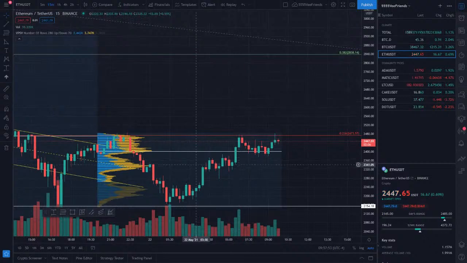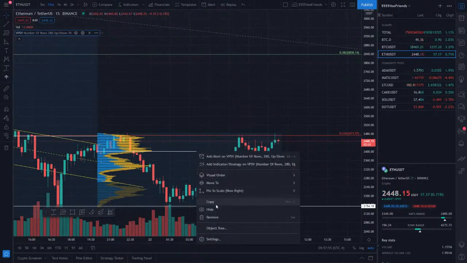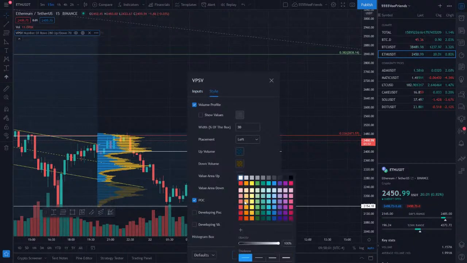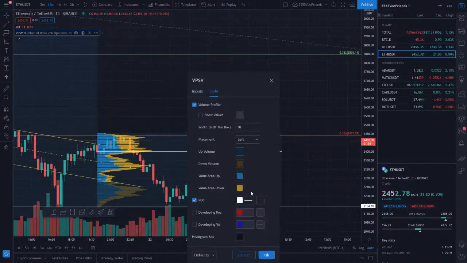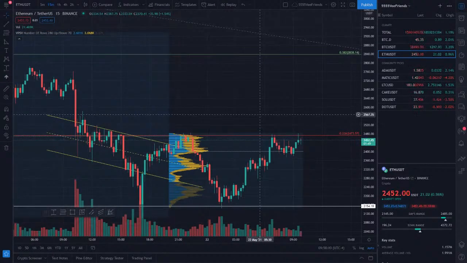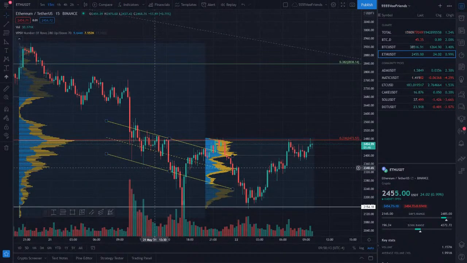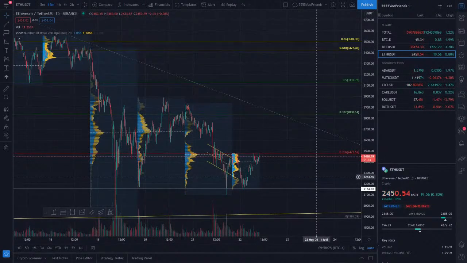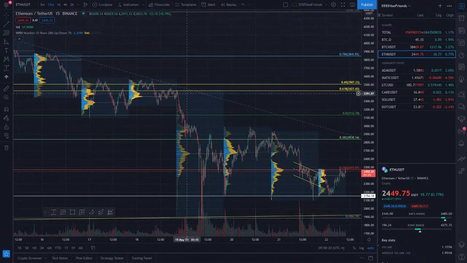Sorry about this again. Okay, cool. So what this does is this gives you an idea of where the volume is during the day on the map. Let's just say, for example, this day with a big drop. There's the big drop here, and you can see that it's basically from here to here.